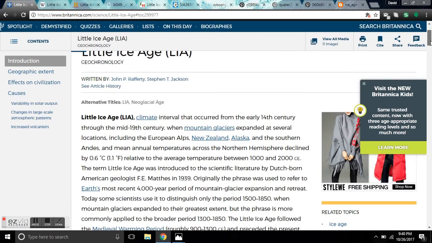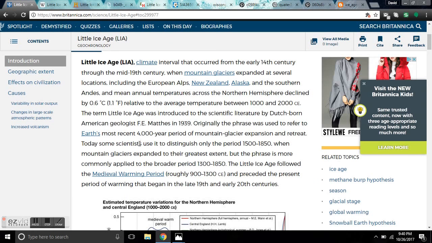The Little Ice Age is a period occurring from the 14th century through the mid-19th century when mountain glaciers expanded at several locations: the European Alps, New Zealand, Alaska, and the Southern Andes. Mean annual temperatures across the Northern Hemisphere declined by 0.6 C or 1.1 Fahrenheit relative to the average temperature between 1000 and the present. The term Little Ice Age was introduced to the scientific literature by Dutch-born American geologist F.E. Matthes in 1939. Originally, the phrase was used to refer to Earth's most recent 4,000-year period of mountain glacier expansion and retreat. However, it's not even used for 1500 to 1850 anymore. It's typically used from 1300 to 1850